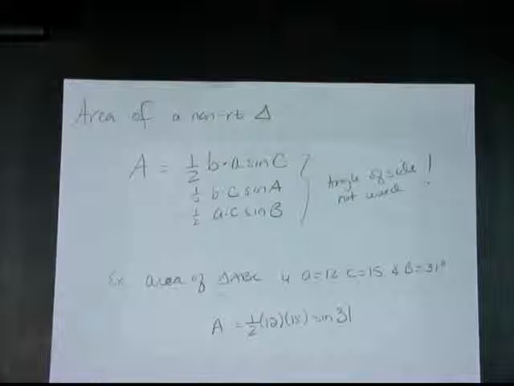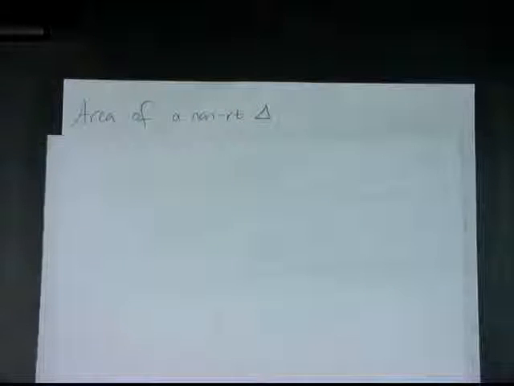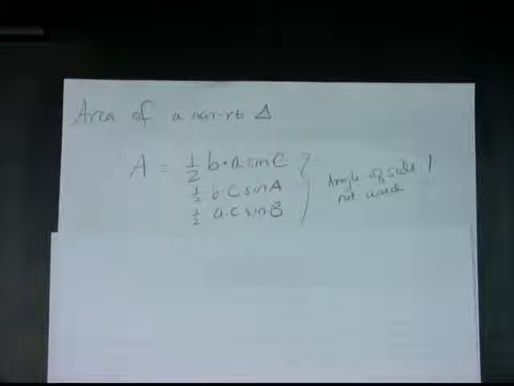Alright, the last part of trig is how to find the area of a non-right triangle. Now, if it's a right triangle, it's 1/2 base times height. So we're going to use that kind of idea, but we have a slightly different formula for it. Now, this formula has 3 versions, just because you have 3 different sides, but the reality is the area is 1/2